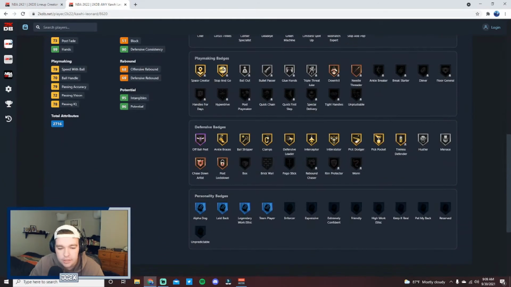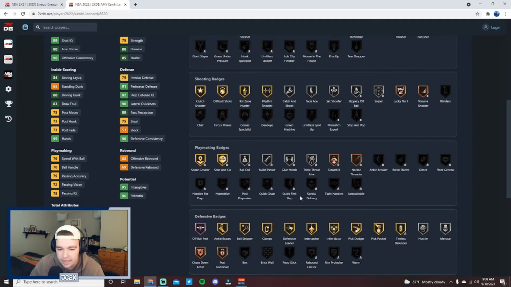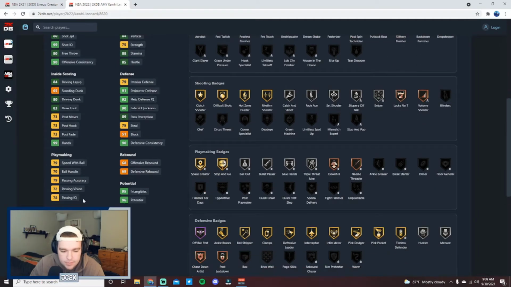Comes with 1 Hall of Fame badge, which is off-ball pest, but also comes with gold clamps, gold interceptor, intimidator, pick dodger, pickpocket, silver hustler and menace, silver bronze chase down, bronze post lockdown. He can get rim protector as well if you wanted to add it to him. He can get quick first step. He's got 83 speed and acceleration with a 79 speed with ball, which is not bad at all at the